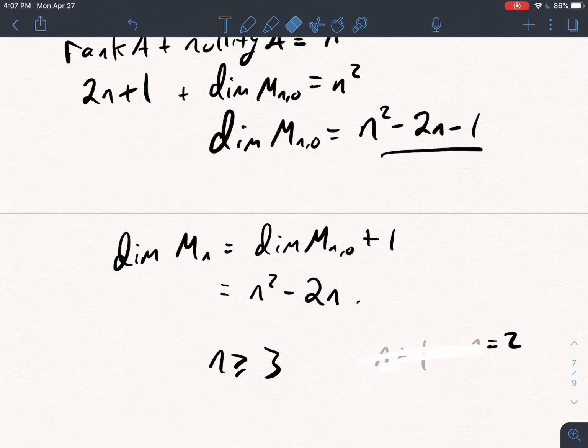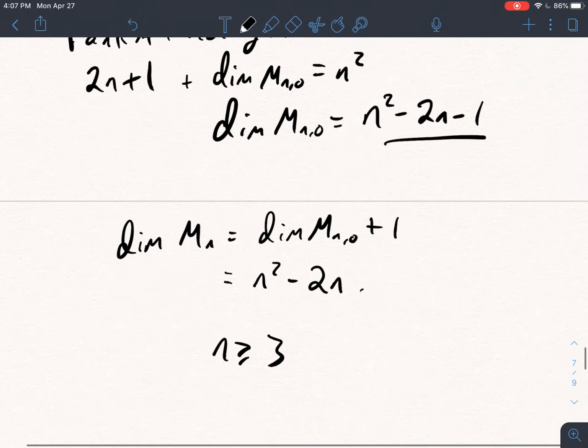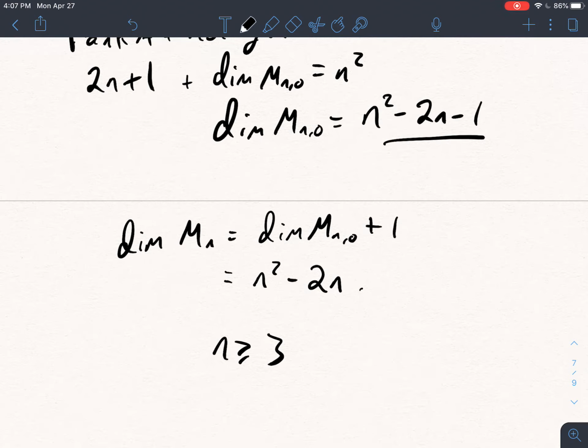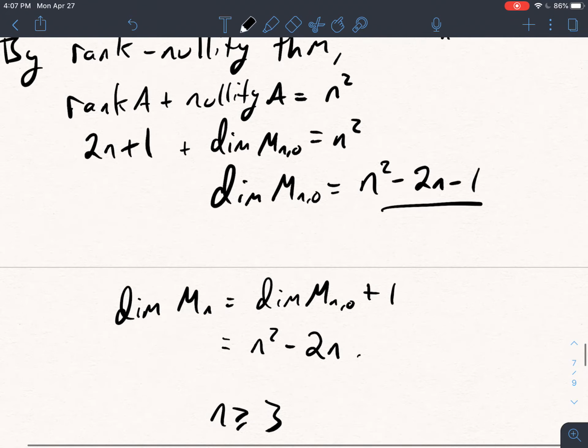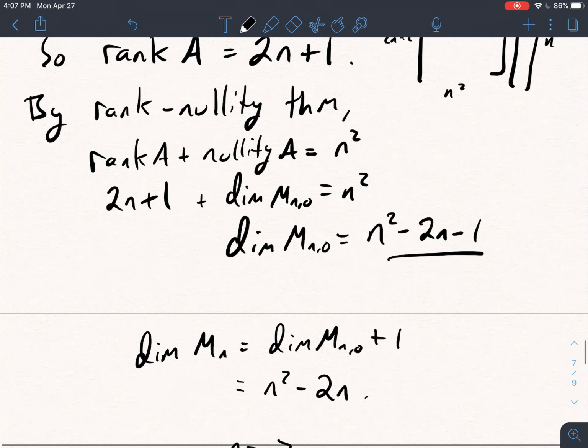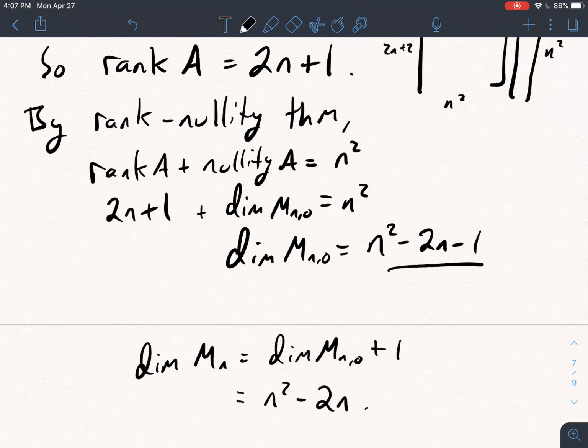We'll get 4 minus 1, and that would also be negative. So you can't apply this theorem for n less than 3. So n has to be at least 3 for these formulas to work out. But as it turns out, for n equals 1 and n equals 2, the dimensions just end up being 0. The book talks more about that, and there's actually an exercise that goes along with that that I think is worth